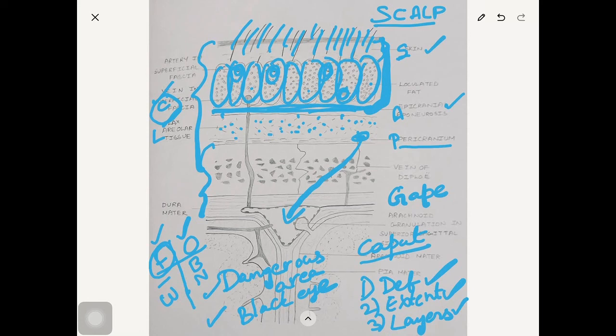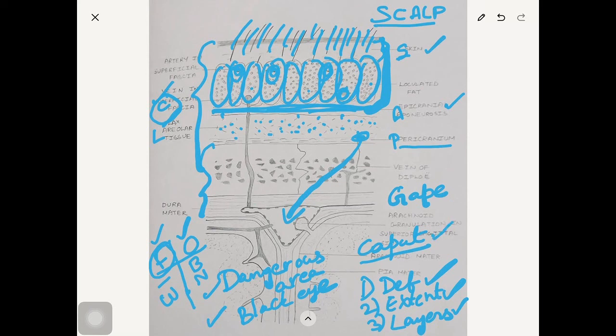So why this caput is important for the obstetricians is, when they put their fingers into the cervix for the cervical dilatation, the swollen portion of the scalp is palpated by their fingers. So if the caput is increasing in size, it indicates that the labor is not proceeding and they should think of the other options. If you see this caput in the newborn, there will be a uniform swelling of the scalp and it will subside after a few days. So we have covered this fourth layer also.